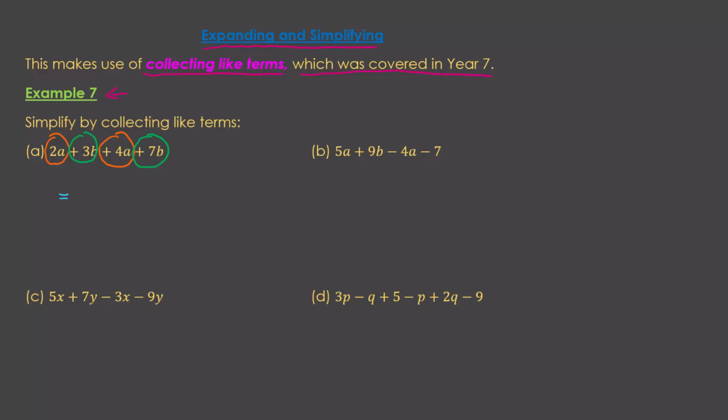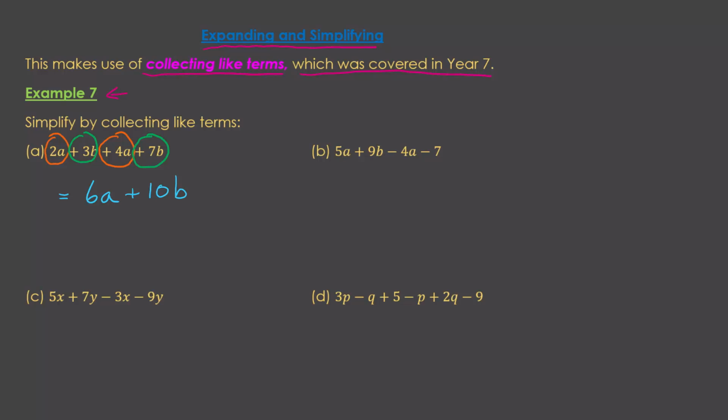So this is a positive 2a because it doesn't have a sign in front of it. So I have 2a, add 4a. That gives me 6a. Then with the b's, I have a positive 3b, add 7b, and that means I have